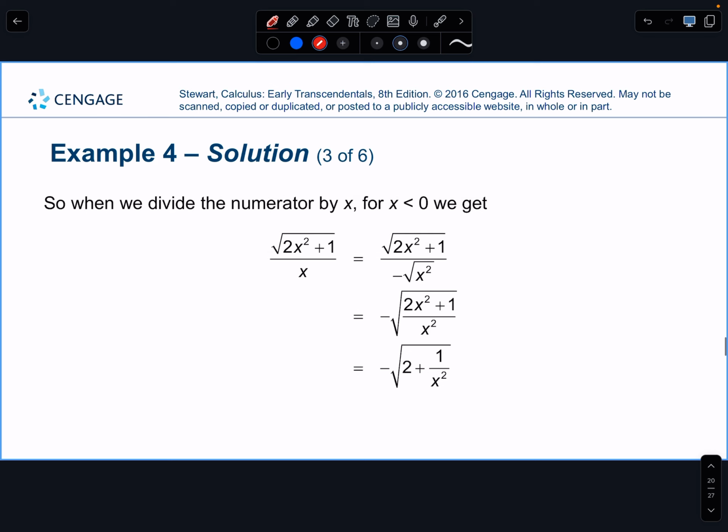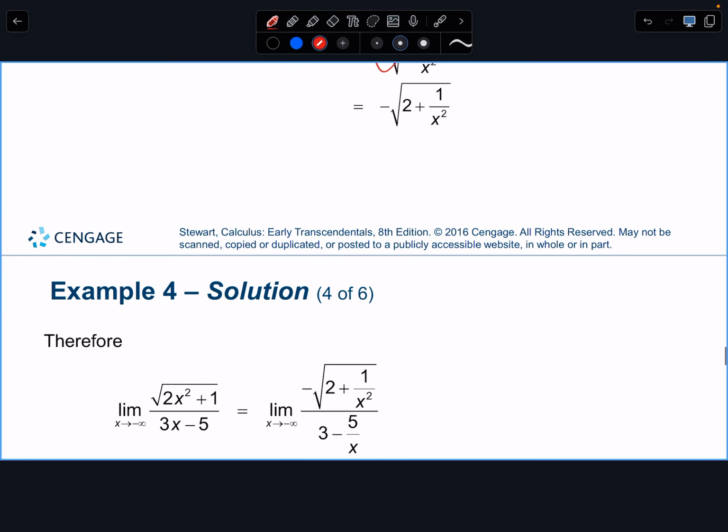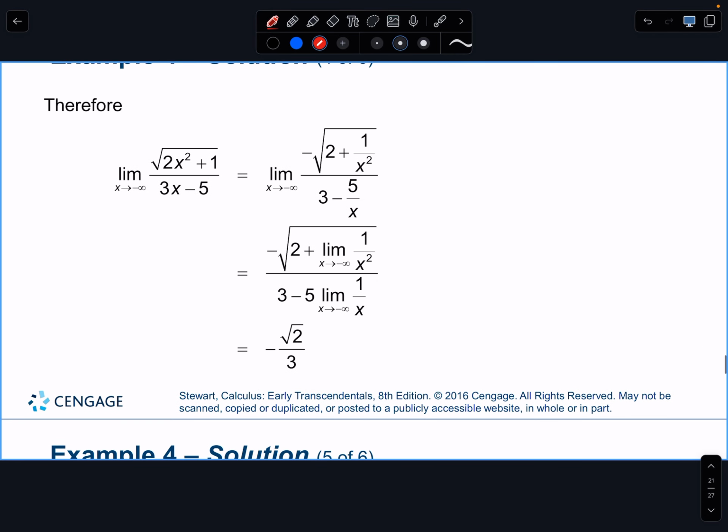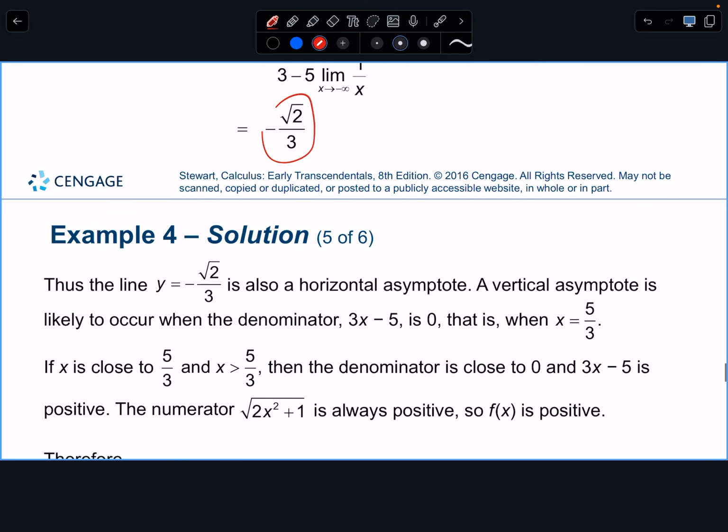All right, so when we divide, that's why we pull out a little negative sign there, and the whole thing becomes negative. It's because of that process. We took a negative number, we squared it, we took the square root, and we ended up with the opposite of the negative number. So that's only when x is going to negative infinity. And so the whole thing's going to play out the same way. You're going to get limits that go to 0, but as x goes to negative infinity, you'll have that negative limit. And then finally, they're focusing on the vertical asymptote